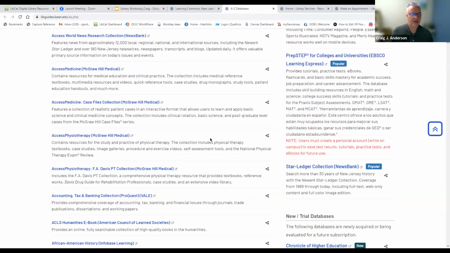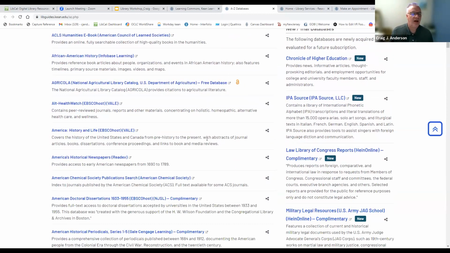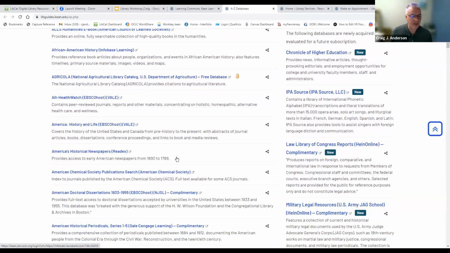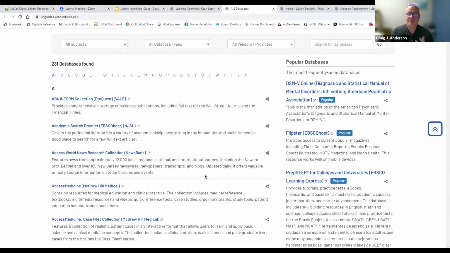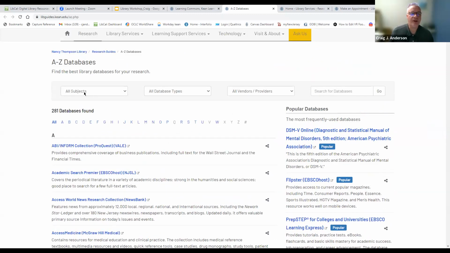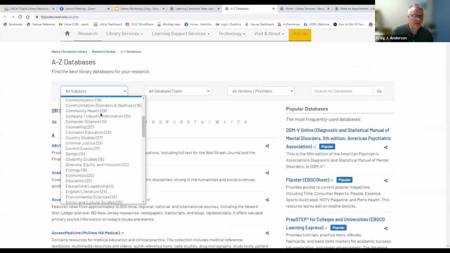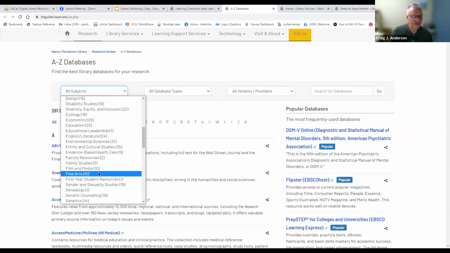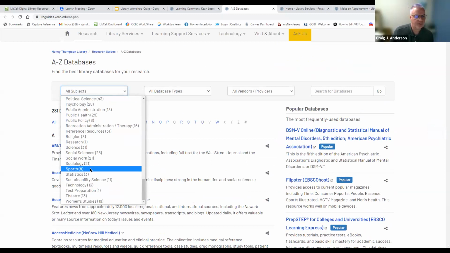JSTOR is probably close. And then as we go down this list, they have other ones here. We have Agricola for agriculture and agricultural information. We have historical newspapers, things like that. If you don't know which database is best for your subject, you can always go up to this drop-down menu up top where it says all subjects, and it will tell you these are the 8 best databases for accounting, and you can kind of scroll down here. We've got economics, English and literature, genetics, linguistics, mathematics, social work, sociology.